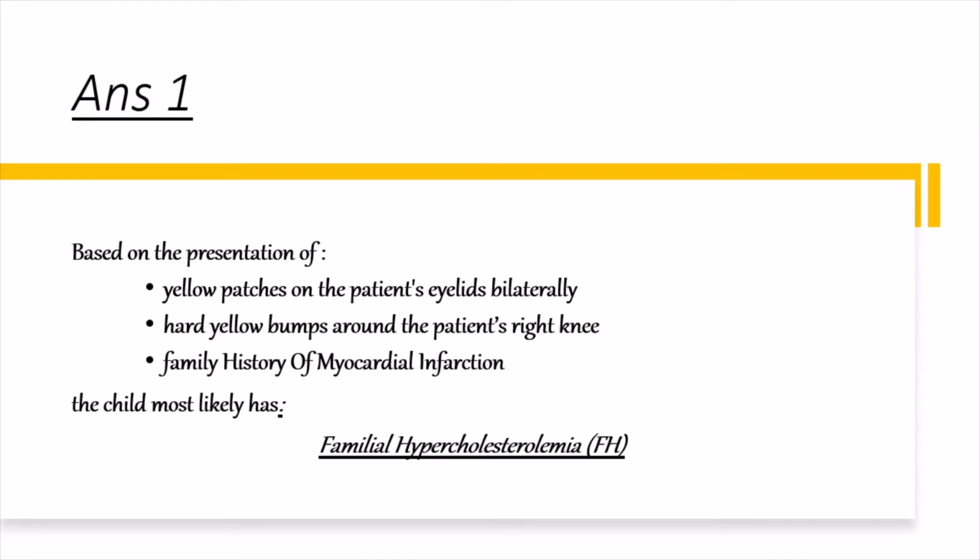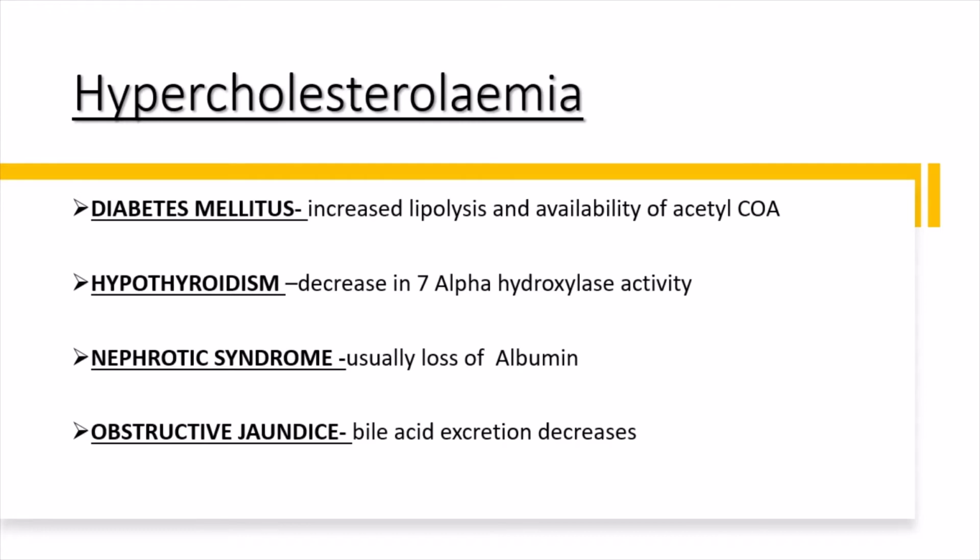The secondary causes include diabetes, hypothyroidism, nephrotic syndrome, and obstructive jaundice. In diabetes, there is increased lipolysis. As a result, there will be an increase in acetyl CoA, and acetyl CoA is the starting substrate for cholesterol synthesis. That explains hypercholesterolemia. In hypothyroidism, there is a decrease in 7-alpha hydroxylase activity because this enzyme is activated by thyroid hormone,